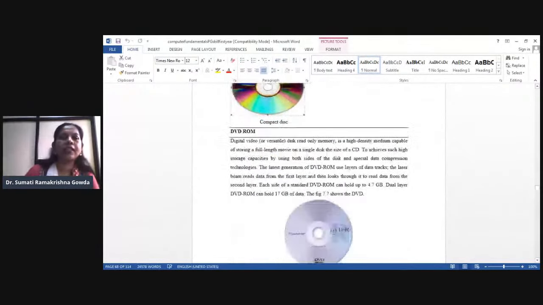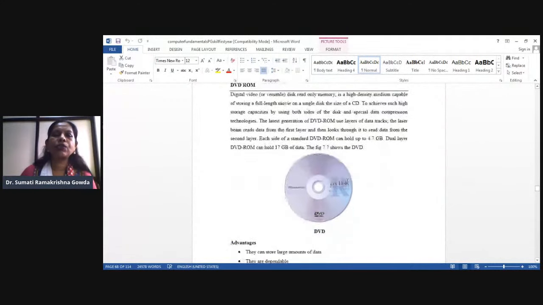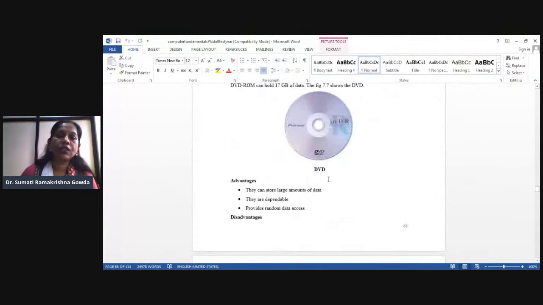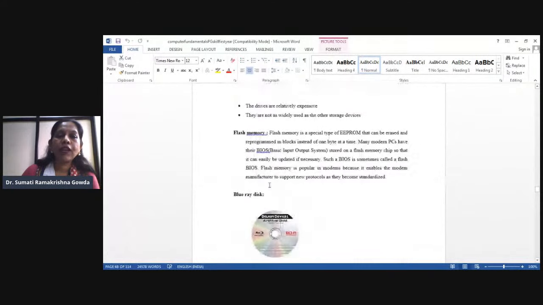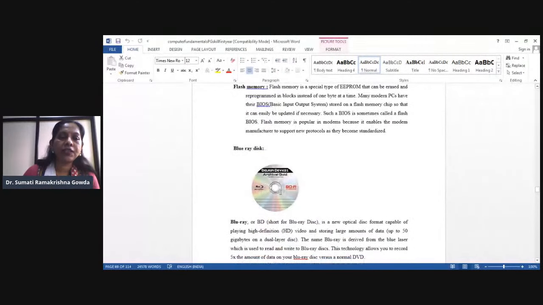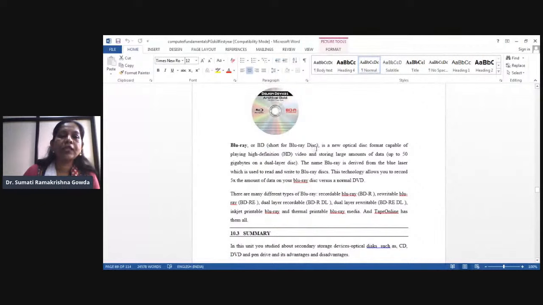You have already seen DVD-ROM. Here the storage is high when compared to CD-ROM and CD read-write. You can store a huge amount; in a DVD you can store one whole movie. So it is easy. Flash memory is a special type of EEPROM that can be erased and reprogrammed. Okay, Blu-ray disc. Blu-ray, or BD for short, is a new optical disc format capable